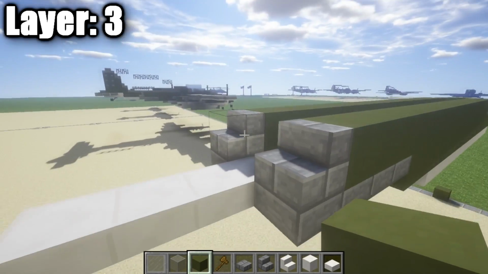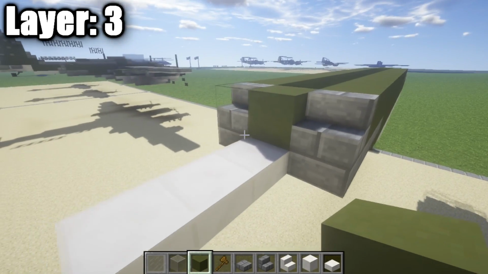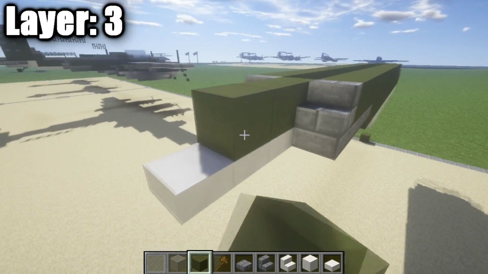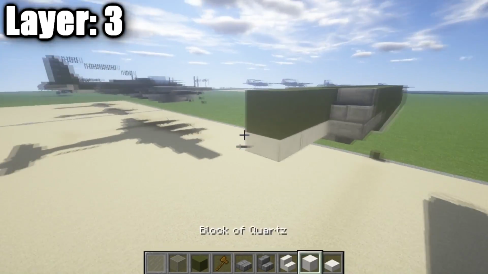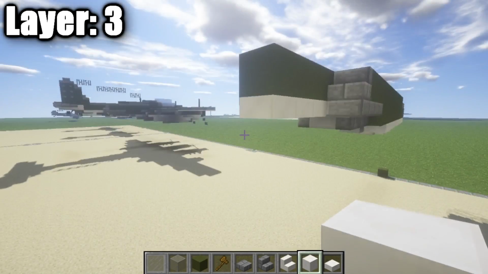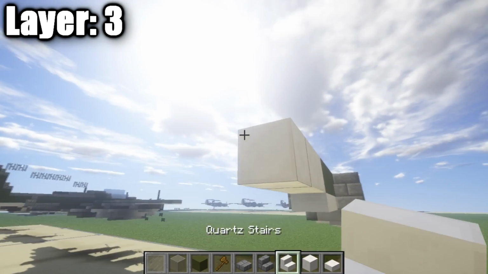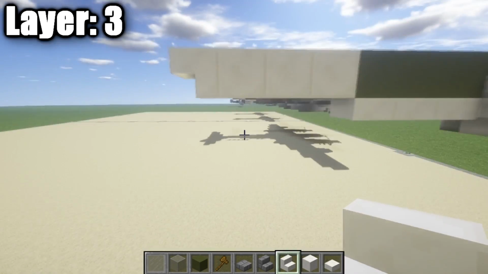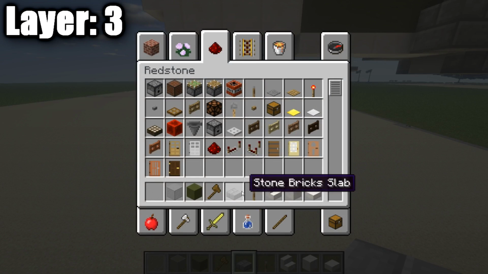And then in between these 2 stairs here, we want to place down a green stained clay block, followed by 1, 2, and 3. So you have a total of 4. And then on the back here, we're just going to take our quartz blocks and place down 1, 2, and 3 quartz blocks, followed by a quartz upside down stair. One thing we can also do is grab ourselves a lever and